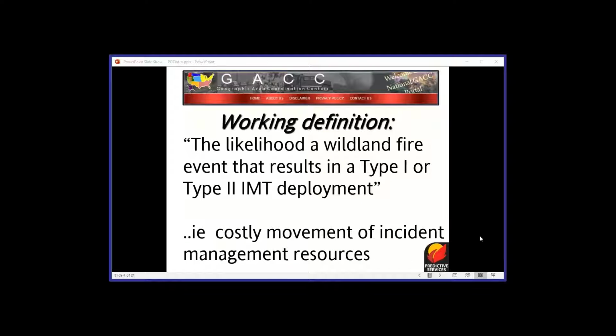In working definition, what we call significant fire potential is defined as costly enough, dangerous enough to require a type 1 or a type 2 incident management team deployment. And that's costly, and it's time consuming, and it involves a lot of movement, a lot of money spent, a lot of resources shifted around both within this geographic area and other geographic areas in order to mitigate response to